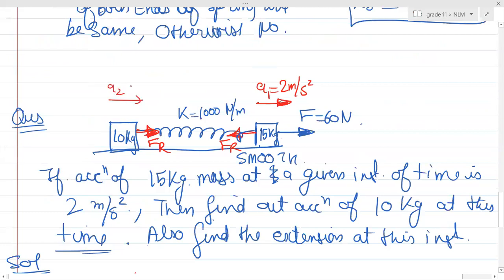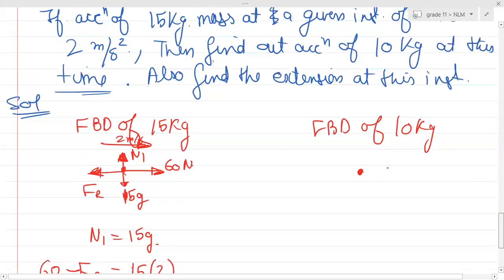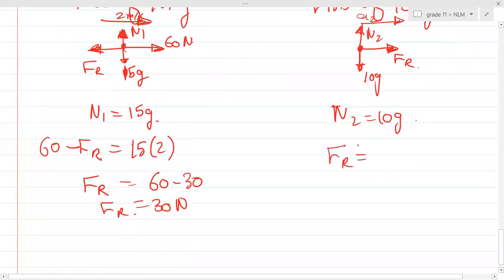When we talk about this 10 kg block, let us say the block is accelerating with acceleration A2. Can you see only there is one FR acting at both the ends? I told you that this spring force acts on both the ends, right? So there is an FR acting on this block and there is 10g downwards and N2 upwards, and this block is going in this direction with an acceleration A2. So N2 is basically 10g, which we don't require, and FR is equal to 10 into A2. Yes or no? And we know FR is basically 30 Newton. 30 divided by 10 is A2. Hence your A2 is 3 meter per second square.